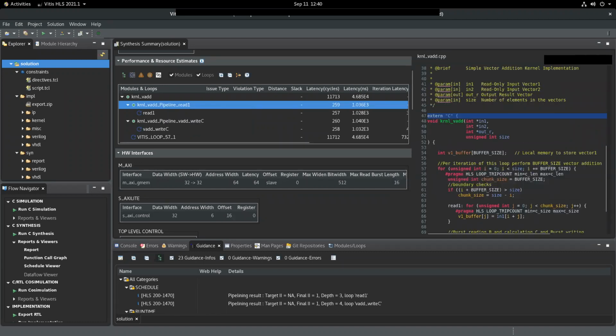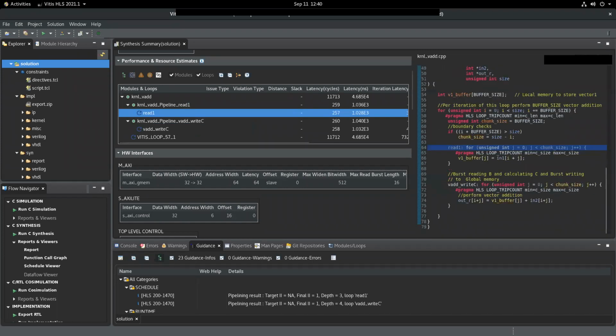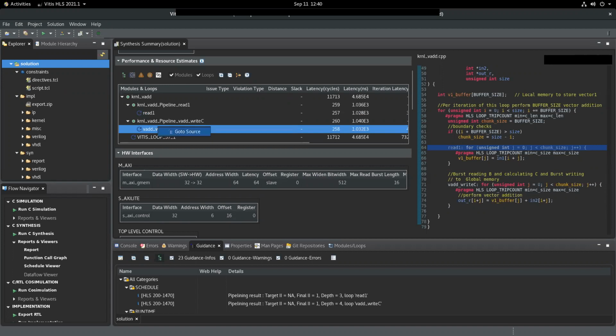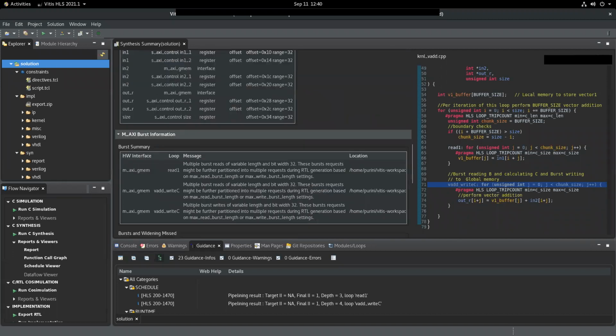Like in the synthesis report, you can see how you can go to source. This particular thing that we are referring to, it will just point us to the source. Similarly, here you can also do go to source. What we are looking at on this highlighted line corresponds to the loop from line 71 to line 75. All right. And so this is one report you should look at.